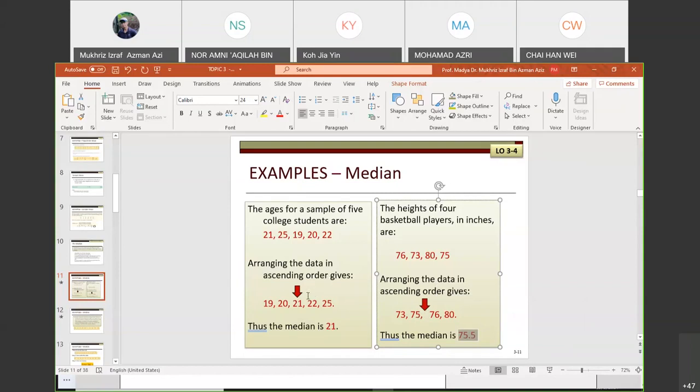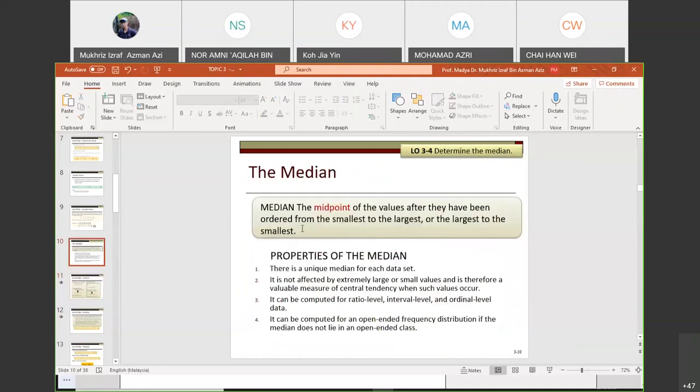But for an odd number of observations, like this one, there are 5 observations. So the third observation will be the median value. I think this is pretty straightforward for the median. Again, if you compare the median versus the mean, the median is not affected because you don't add